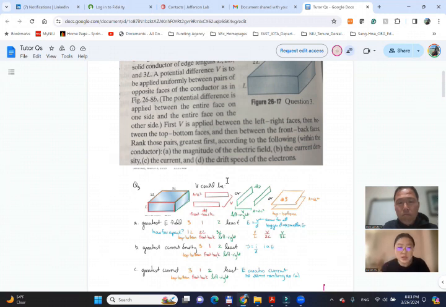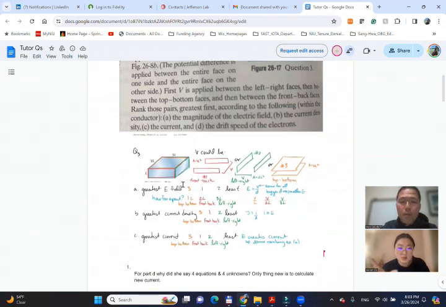I understood part A because essentially electric field is just V over D. It says the potential difference V is uniform, so the V is going to stay the same for all situations. So the only thing that changes is D, the distance between those two states. So you're able to find out that the top and bottom one, the difference is L, so that's going to be the smallest, meaning the electric field is going to be the greatest. So I understand the ranking is 312,